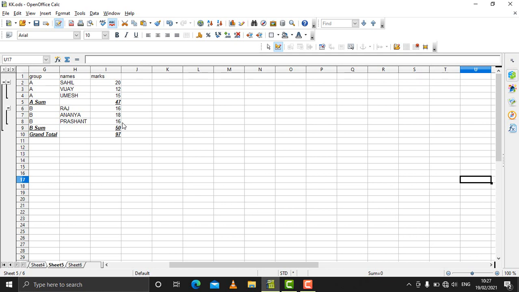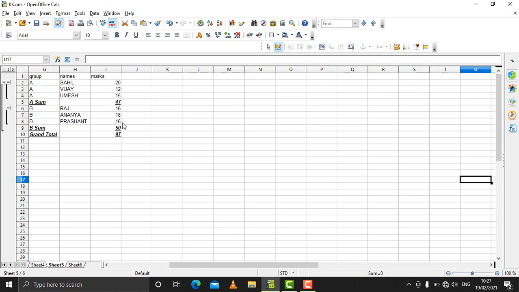But suppose we have a condition where we want the same cells in the same sheet to have multiple values, and those values should change from time to time according to the given conditions. Means the same cell will have more than one value. This is possible using the scenario tool of Calc.